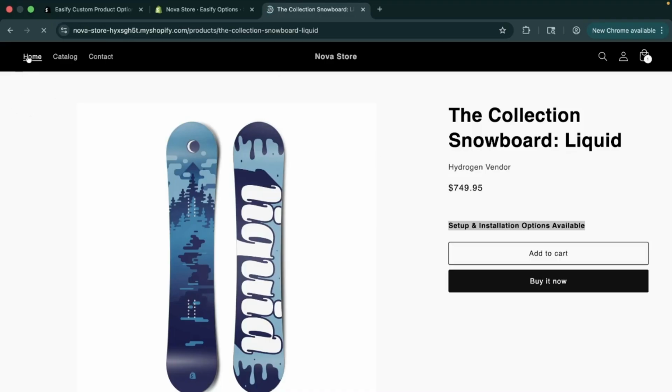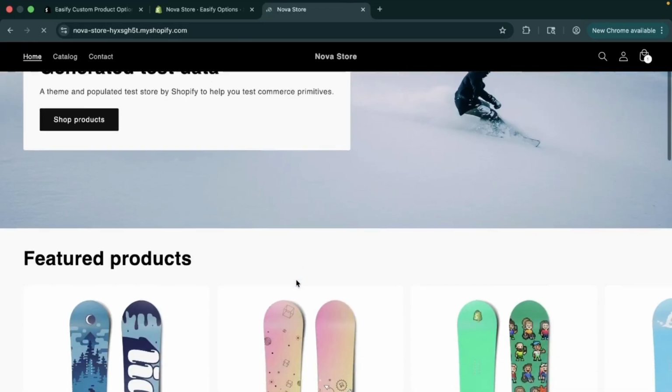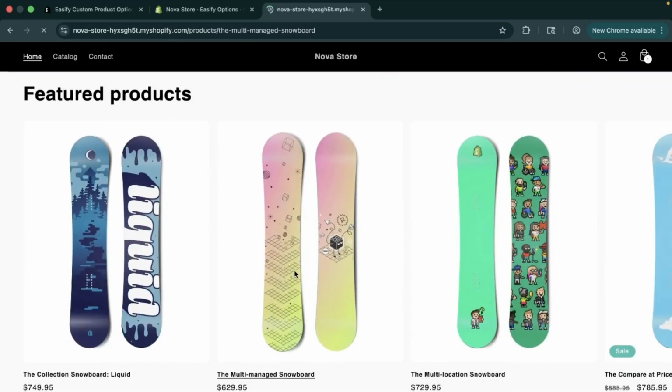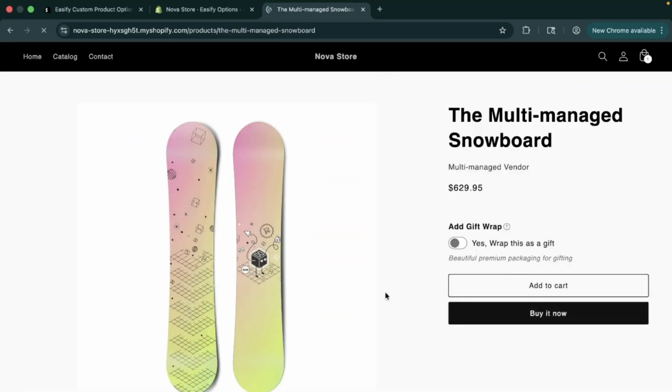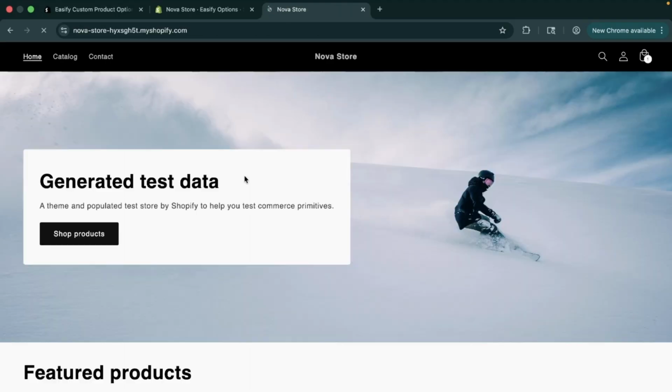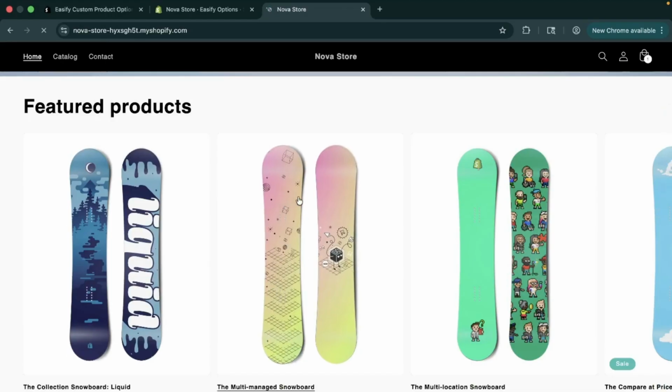Let's try with some other products to which we haven't added the option. You can see the heading option is not showing, since we only added the option to our selected products. So grab this app from the Shopify App Store and try this out